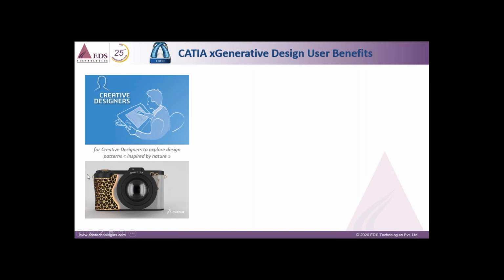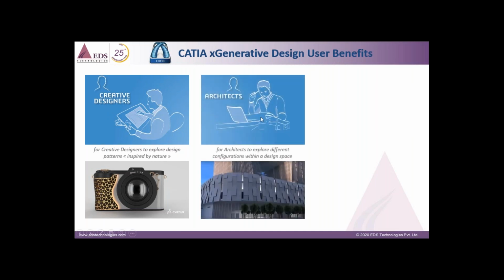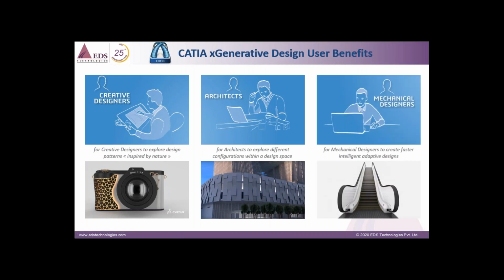Creative designers, you can create your own complex shapes. Architects, you can create your own complex architectures with respect to the construction point of view. And coming to mechanical designers, from the start, Kiran already said that mechanical designers are restricted to automotive or aerospace, which is a mindset that should come out of it. As everywhere there is mechanical, we will show some scenarios as well, that irrespective of the industry, everywhere there is mechanical.